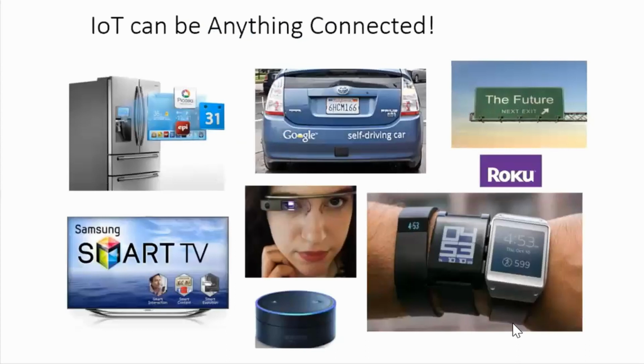Okay, so essentially IoT can be anything that's connected. I don't know if anyone recognizes the image in the middle there with the lady with the glasses? You know what that is? Yes, good catch. So we're surrounded by IoT, right? So it literally can be anything that's connected, as long as we meet the definition of those four items, right? We have a unique address, embedded electronics, wireless, and sensors. Okay.